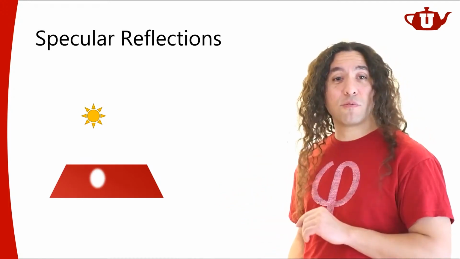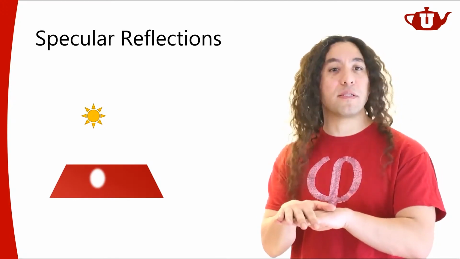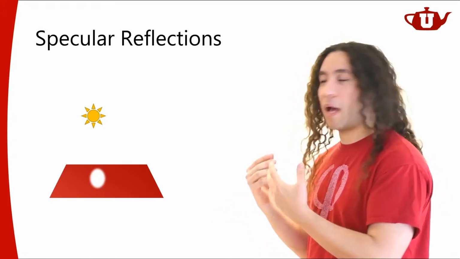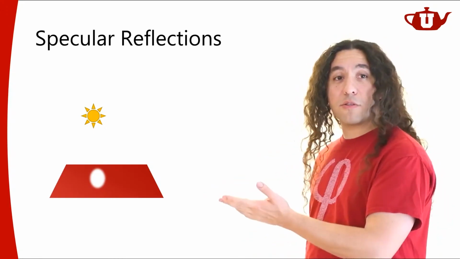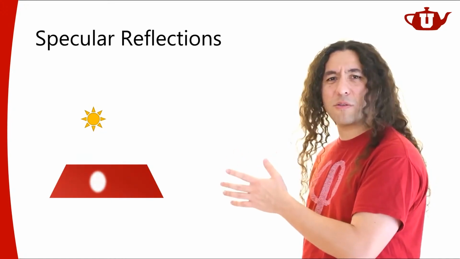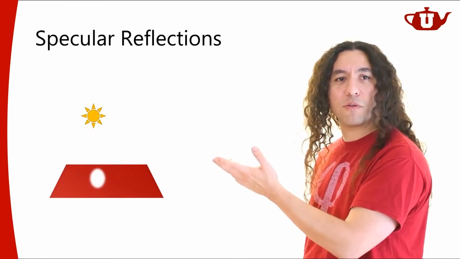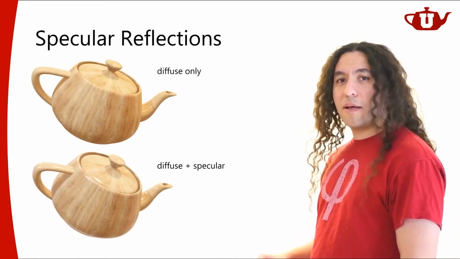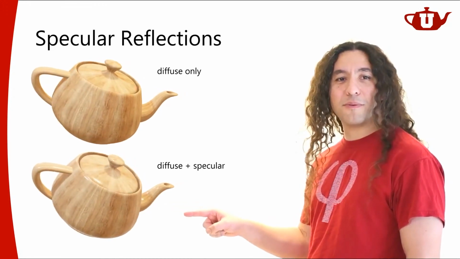So unlike the diffuse reflections, which are attached to the surface, right? There was the surface color. We either put a brick texture or we put a wood texture. They were attached to the surface. But these specular reflections don't look like they're attached to the surface. They sort of move around as I move the light source. They're almost moving with the light source. So if you look at these teapots, you see that the specular reflections on this teapot are sort of moving around.